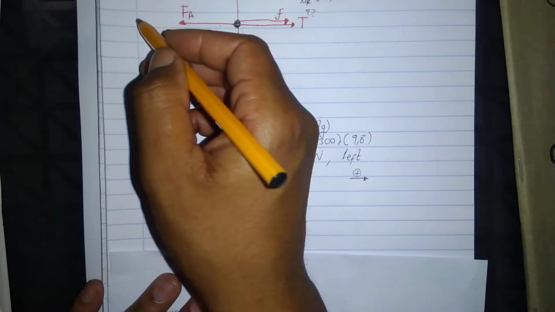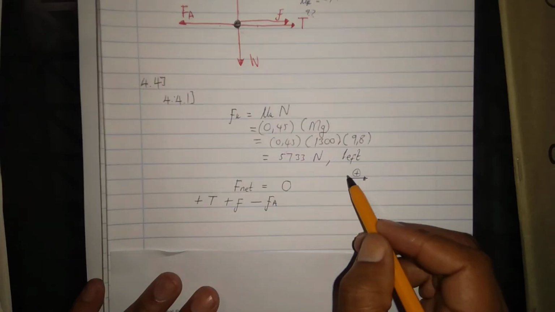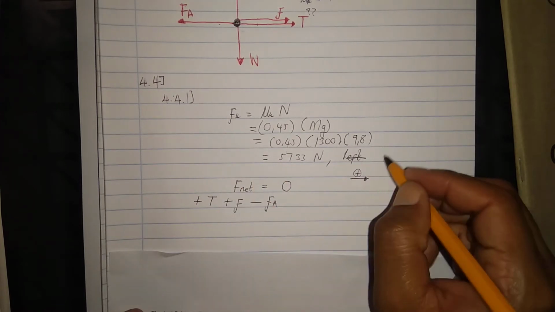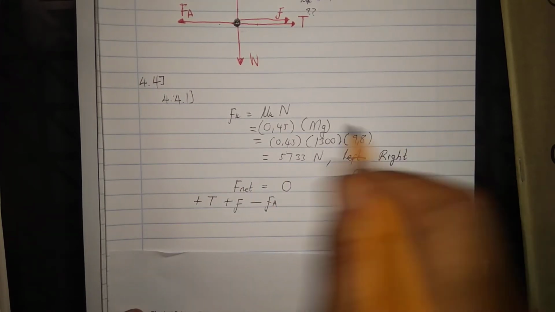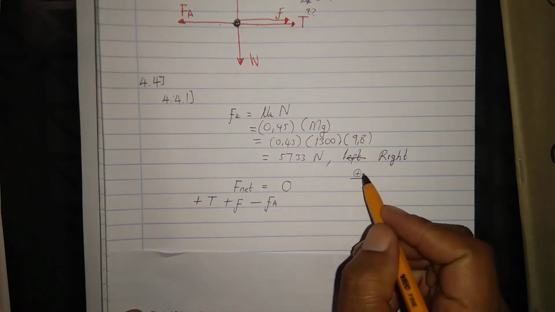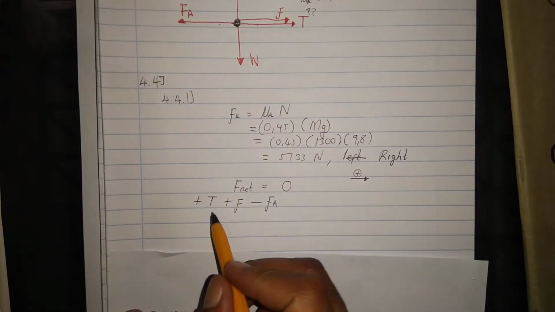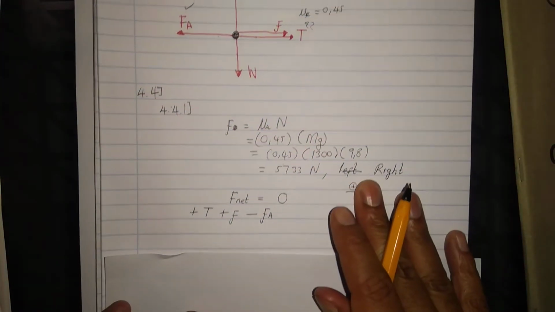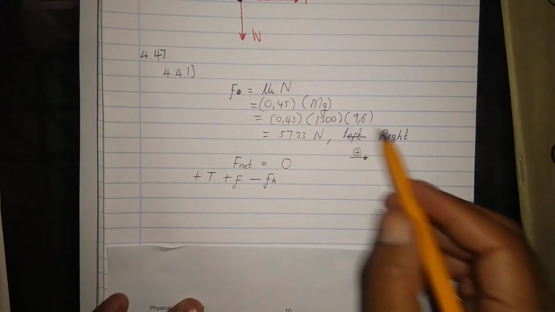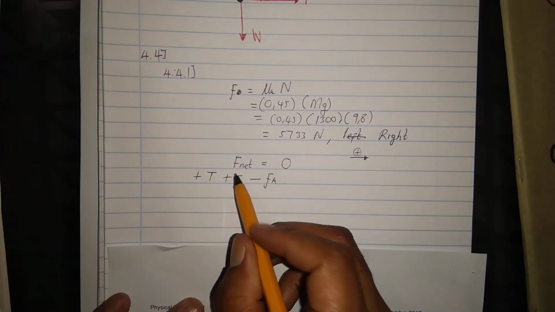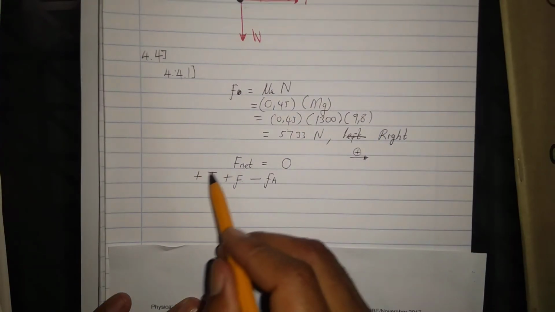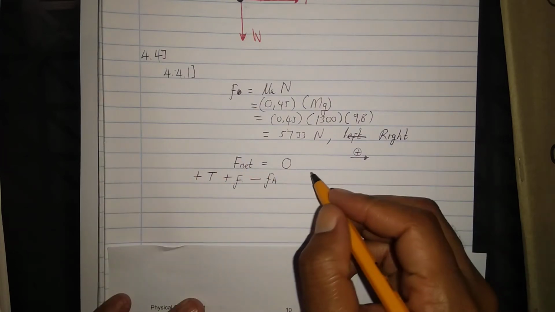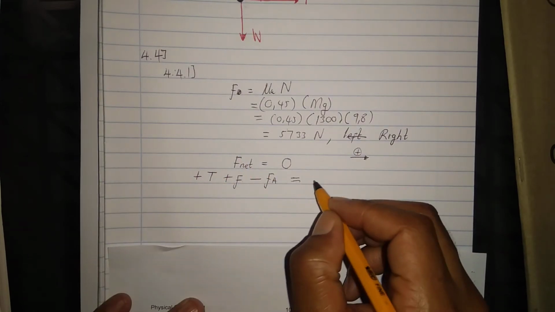It's because F applied is pointing to the left, and the frictional force is to the right. This is my right, and to the right it's positive. So from the free body diagram, the frictional force is to the right, so it's positive. Tension is to the right, so it's positive. F applied is going to be negative, I face it in the left direction, so it's going to be equal to